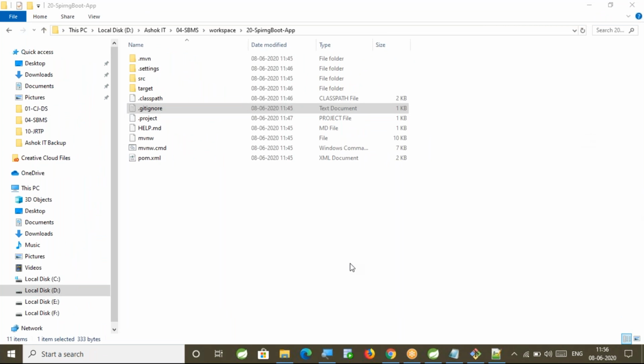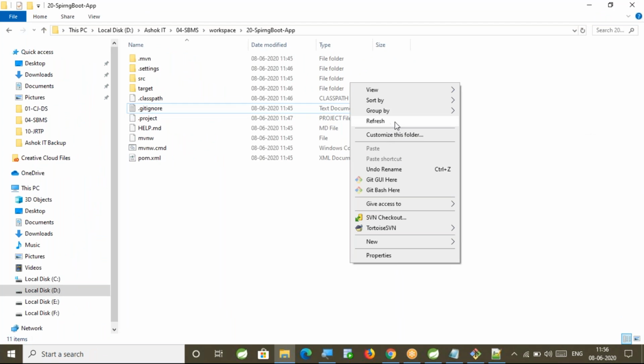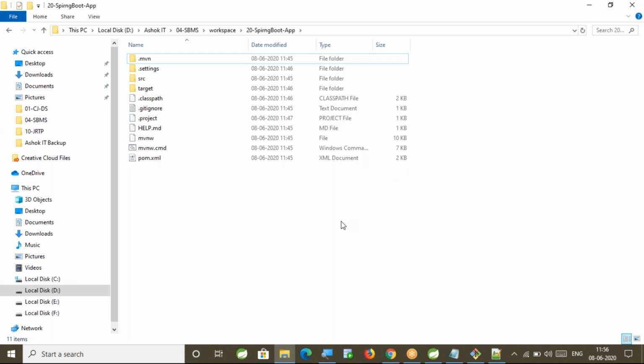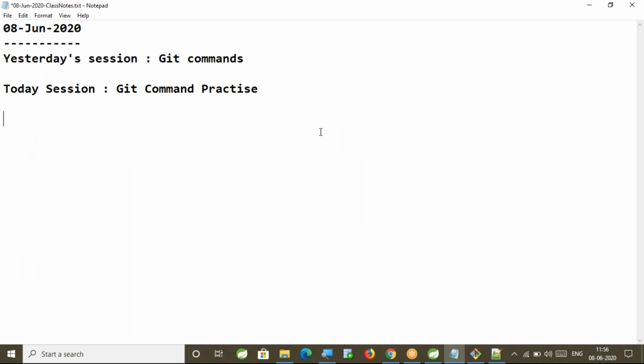Right. Fine. Here we are trying to create one empty repository. I created one empty repository. Let me give you the steps for that. Create a repository in your GitHub account. So the account will be created and the repository URL will be generated.